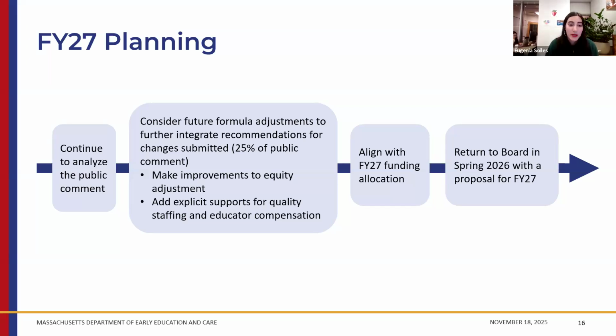We are continuing to look at public comment. A lot of folks raised their voices in the public comment period to share with us how they're using C3, how they would like to use C3, and what they wanted the department to keep in mind. And that has been hugely helpful. I think overwhelmingly we saw that programs asked for us to keep the formula the same this year, which was very helpful to hear. But they also shared things that they would like to see going forward as well. So we are reviewing all of that. A lot of people brought up the different ways C3 has benefited their program and how they would like to be able to do more as well.